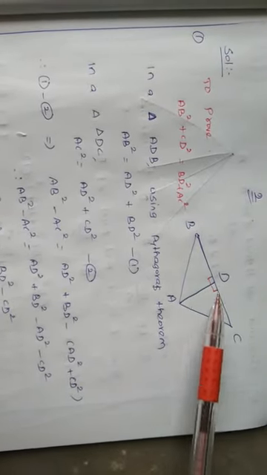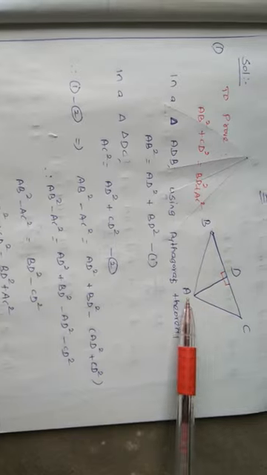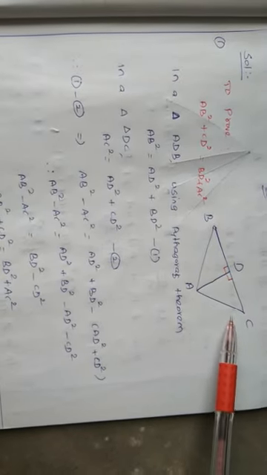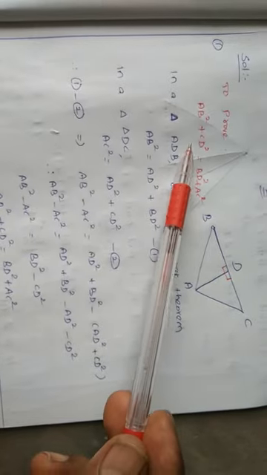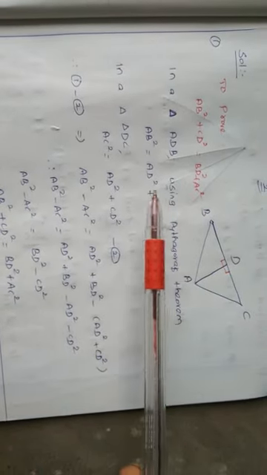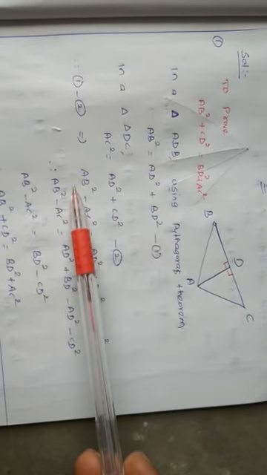So in triangle ADB, using the Pythagoras theorem, the hypotenuse is opposite the 90 degrees. So AB squared equals AD squared plus BD squared. And then in triangle ADC, AC squared equals AD squared plus CD squared. Now think about these two. AD squared is common, so subtract. Here we are given AB, BD, AC and CD without AD.